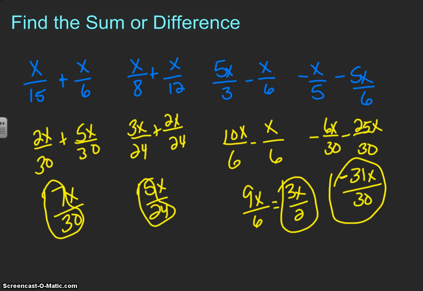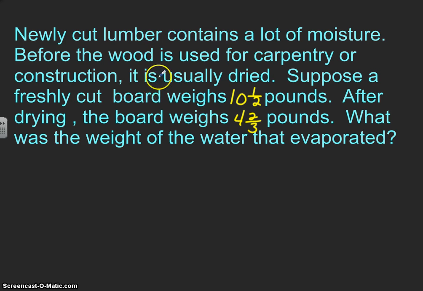Okay, one more thing. Let's look at a word problem. Newly cut lumber contains a lot of moisture before the wood is used for carpentry or construction and is usually dried. Suppose a freshly cut board weighs 10.5 pounds. After drying, the board weighs 4 2/3 pounds. What was the weight of the water that evaporated? Well, what you want to do is find the difference, right? So stack them. 10 1/2, 4 2/3,